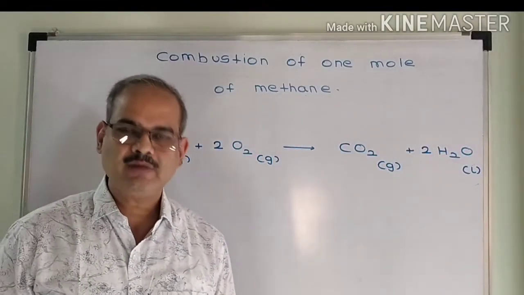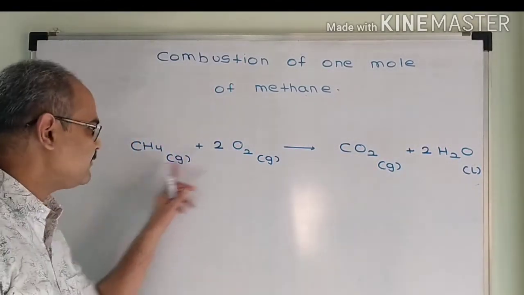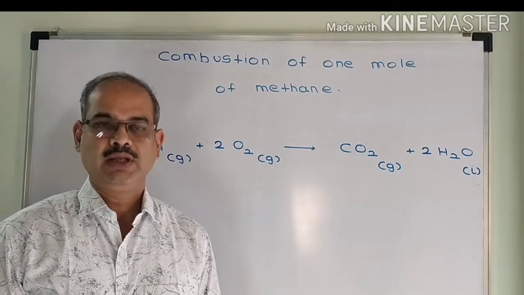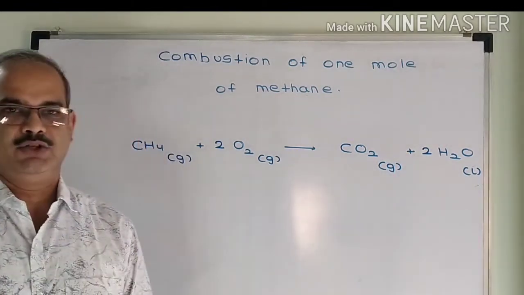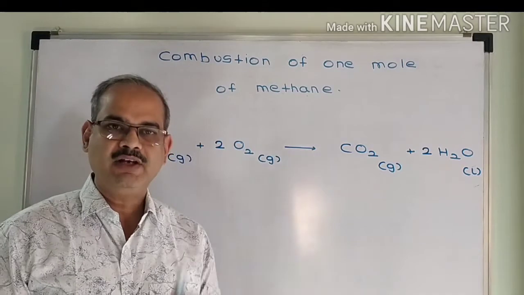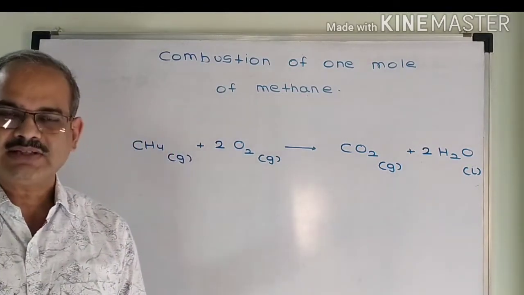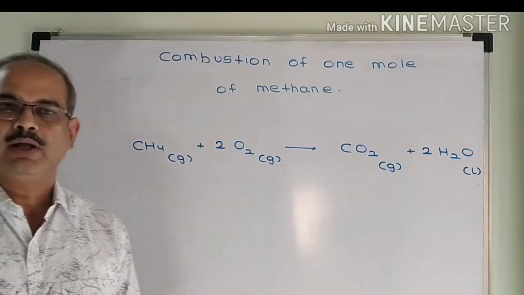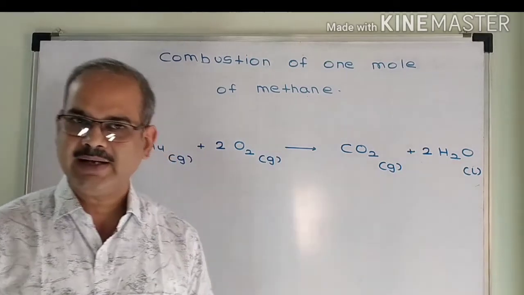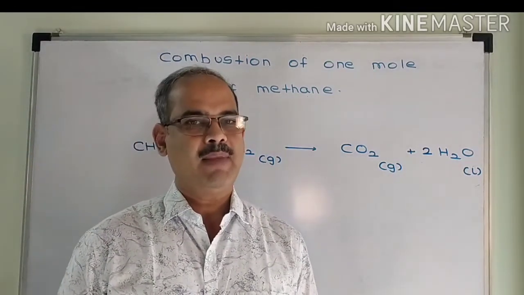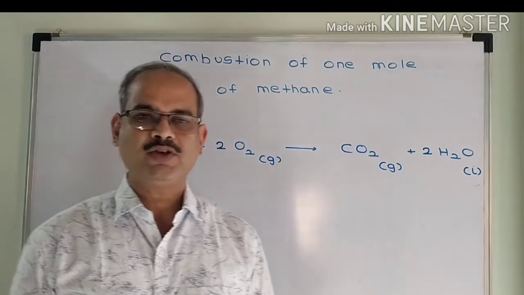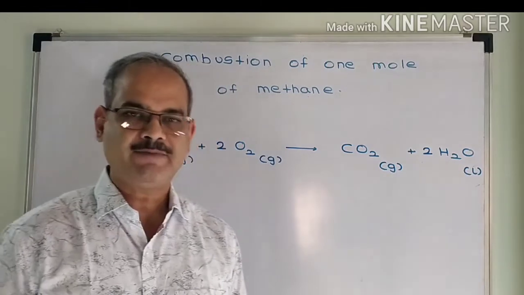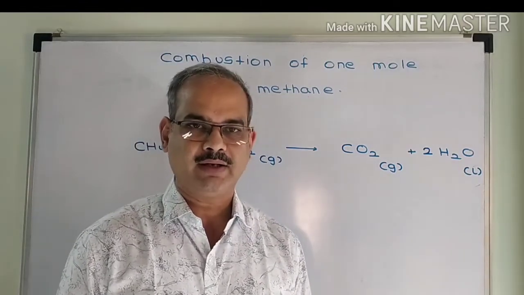So when we specify the physical state, I have to specify it with a symbol. If the substance is gaseous, the symbol g is used. If the substance is liquid, symbol l is used. If the substance is solid, I will use the symbol s. And if the substance is taken in the form of a solution prepared in water, then you have to use the symbol aq. So the first guideline is, see that the equation is a balanced chemical equation. Once the equation is balanced, follow the second guideline. The second guideline says that you have to specify the physical state of every reactant and product.